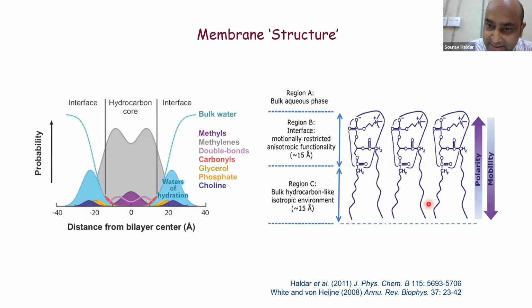By the way, these things are known as emergent properties because the individual molecules will not have this particular feature, but when they come together to form a particular molecular assembly or organization, these kinds of features or properties emerge. That's why they are called emergent properties. In fact, membrane potential and curvature stress are all emergent properties.